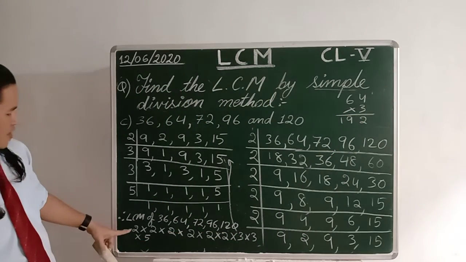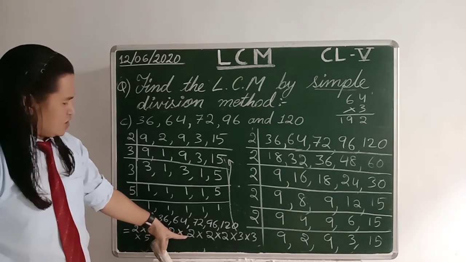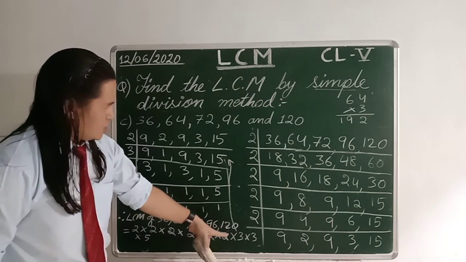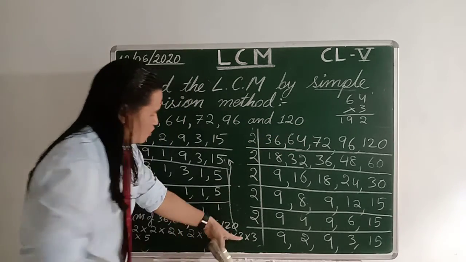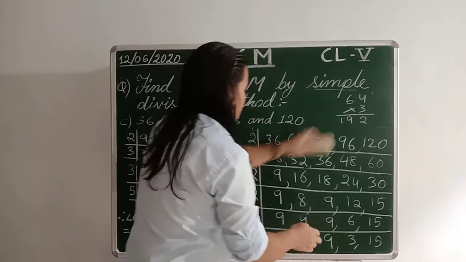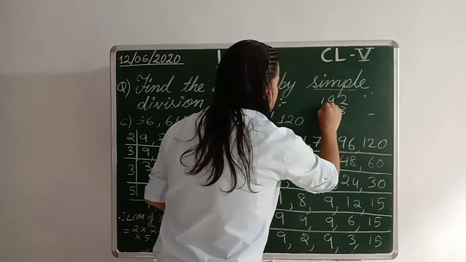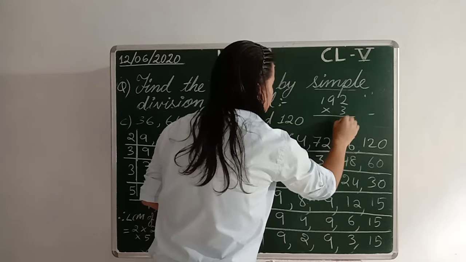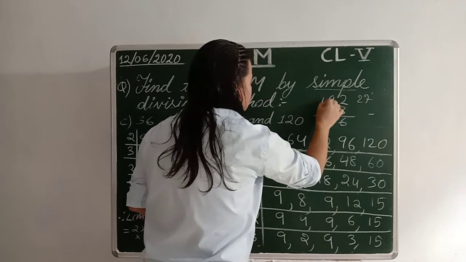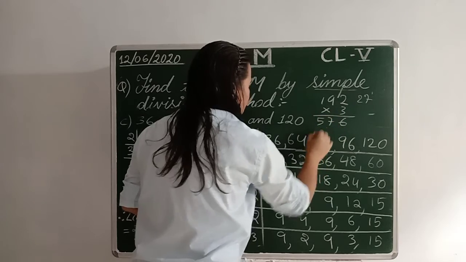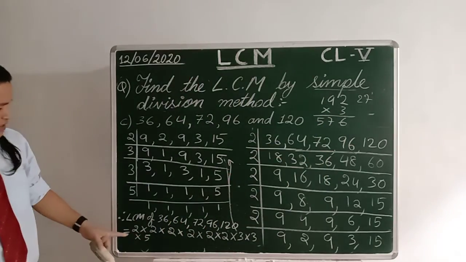So here again I am repeating. 2 2s are 4, 4 2s are 8, 8 2s are 16, 16 2s are 32, 32 2s are 64. 64 times 3 is 192, 192 times 3, 3 2s are 6, 3 9s are 27, 7, 3 1s are 3 plus 2, 5. So up to here how much did you get? 576.